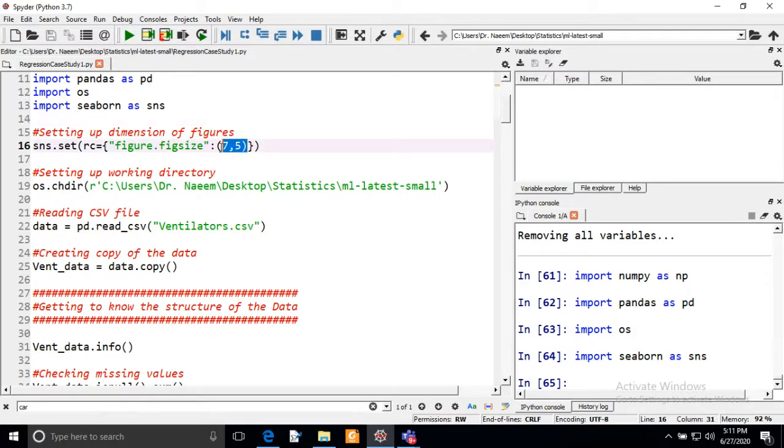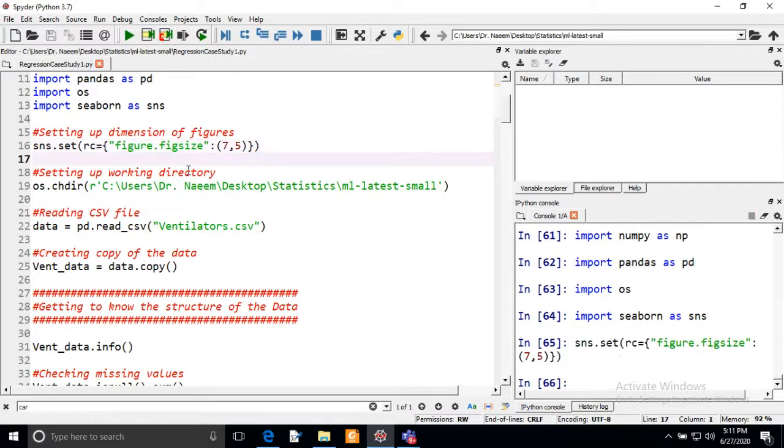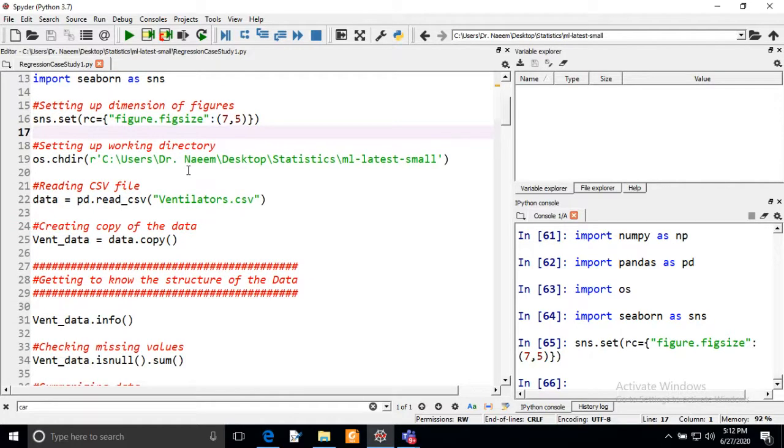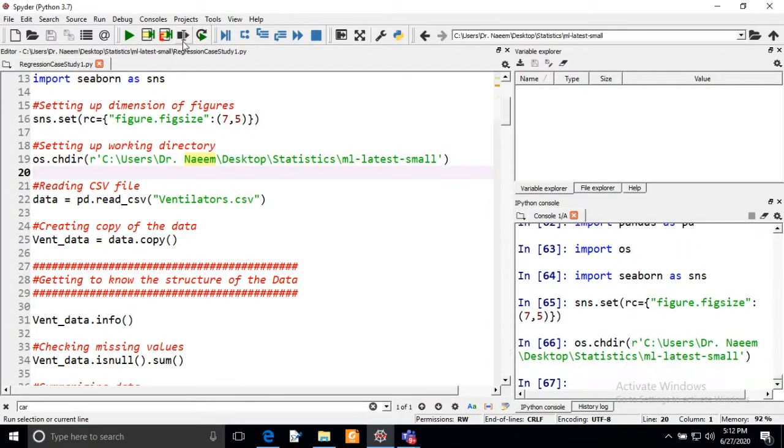Whatever figures I will plot in this program, the size will be the same, 7 by 5. This is the figure size of the plots. Now we are going to set the working directory using the os.chdir command.